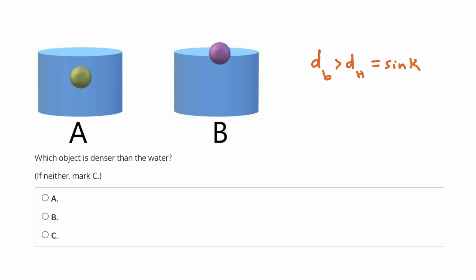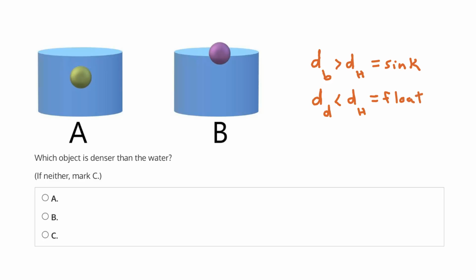Now, the second case to consider is simply the opposite. So if we had, let's say, a rubber duck, we can say the density of that rubber duck, d sub d. If that density is less than the density of water, well, in this case, the object, or the duck, will float. Now, there's a third case to consider that often gets overlooked, and that's when the objects have the